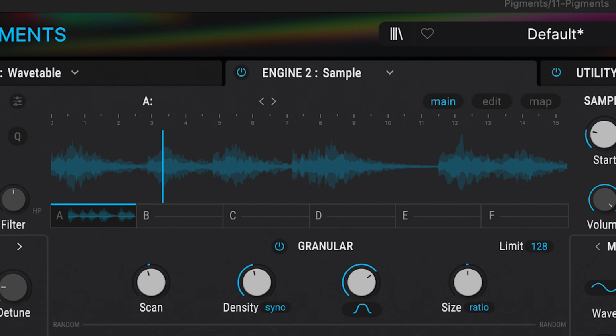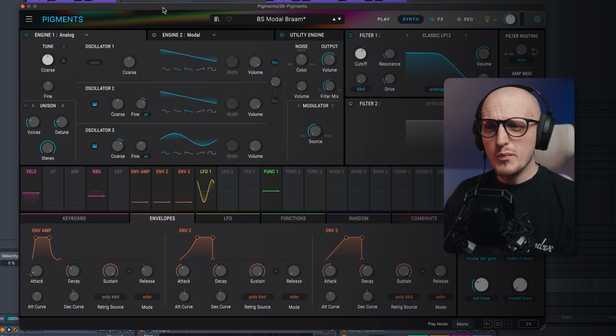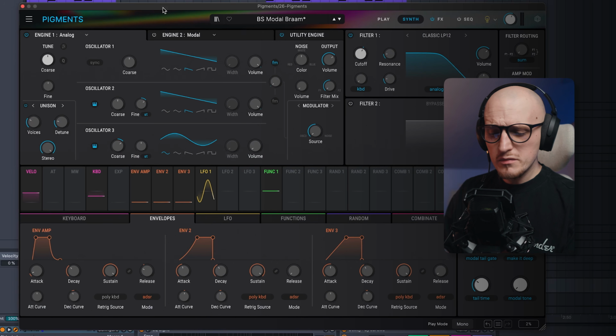Just to not make it into another boring review, Pigments has wavetables, analog shapes, granular samplers, and a harmonic engine, which is basically a saw, but you can morph it. And before we get into comparison, let's quickly talk about the new Modal engine introduced in a free update, Pigments 6. So here is a preset I made without this Modal engine,